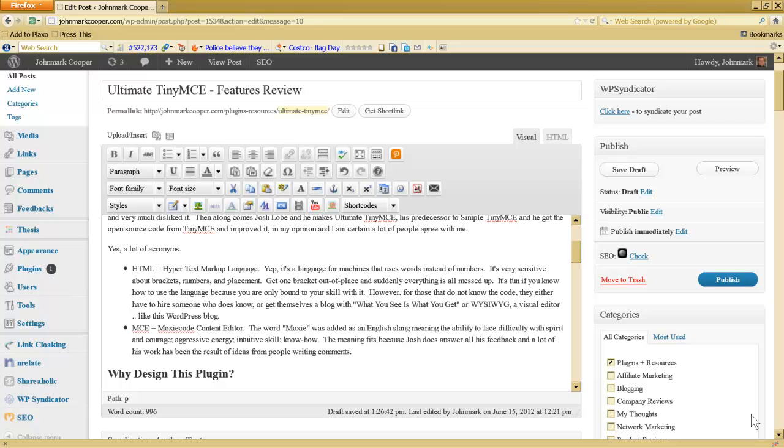Now Moxie Code is not a definition of any sort. It's more along the lines of an English slang word. Basically it means the ability to face difficulty with spirit and courage, aggressive energy, intuitive skills, and know-how. So it's kind of like Josh's way of saying this is the way I've gone about making my